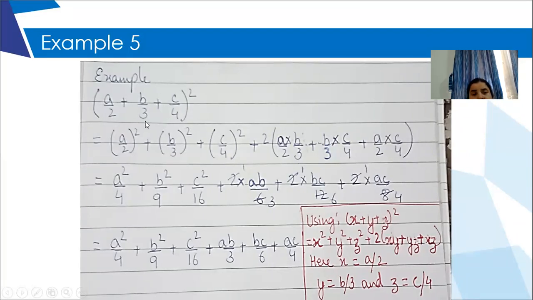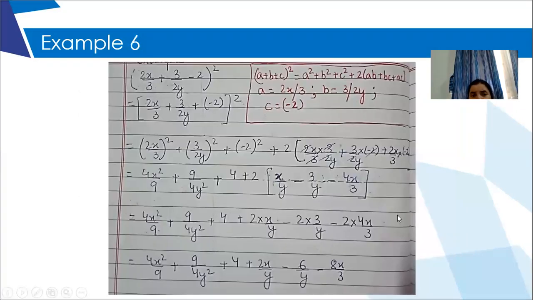There is one last identity which has 3 terms. A plus B plus C I have written, or X plus Y plus Z I have written. Whatever I have written, that identity will be applicable in this, because you see in the bracket there are 3 terms. Terms are separated by plus or minus sign. So this is your first term, second term, and third term. So the only identity which is dealing with the square of 3 terms together is this one, isn't it? Yes, ma'am. Okay, because remaining identities have got 2 terms only.